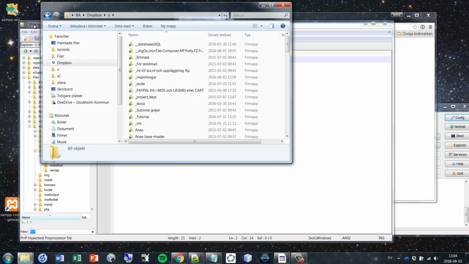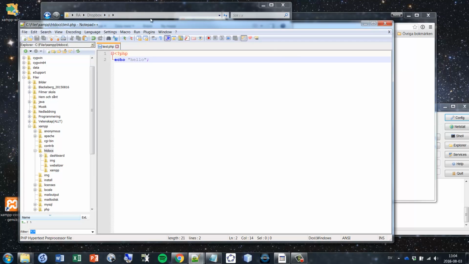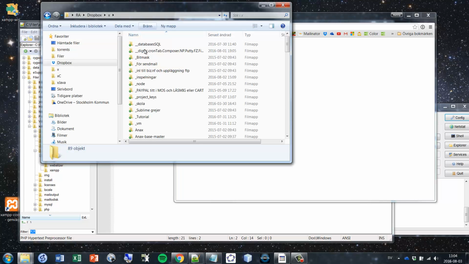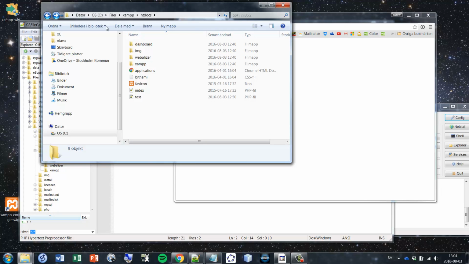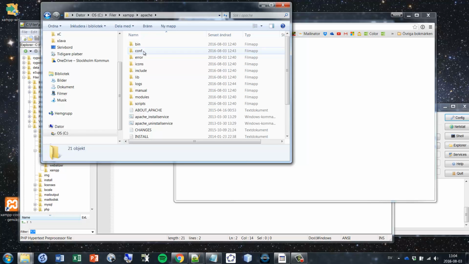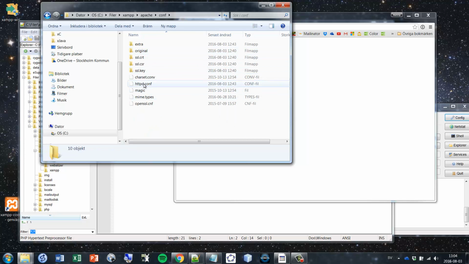But then we need to reach it in some way. We need to change the folder Apache is looking in, because right now it's in the htdocs right here. So how do we do this? Well, we need to change something. If you go to Apache right here, and you go to configuration, the conf, you have it down here,